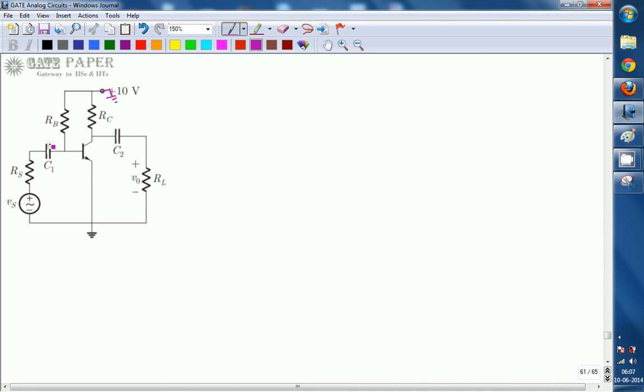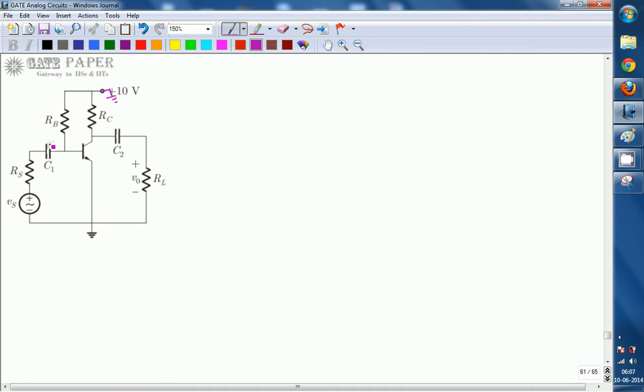So we have two voltage sources. We have to calculate the overall response of this circuit by considering one voltage source at a time, and later you can add those two responses to get the overall response. That is what the superposition theorem says. So if you are considering AC analysis, at that time the DC voltage has to be grounded. This is one method for the assumption of grounding the DC voltage source.